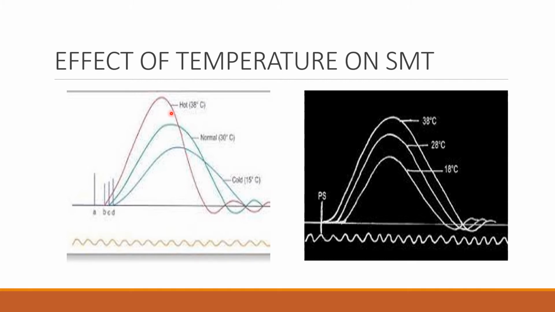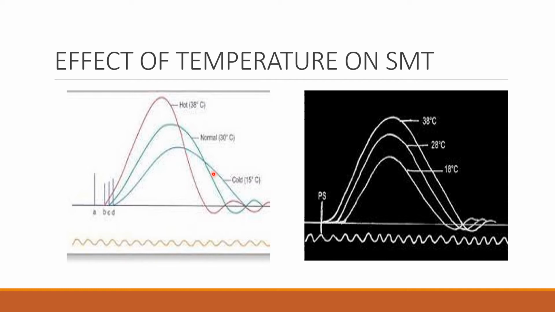So the temperature is changed. So there will be change in amplitude and duration of different periods of contraction, that is latent, contraction and relaxation period. So the temperature is increased and also decreased. So these changes in amplitude and period of contraction are mainly due to change in rate of conduction velocity in the nerve and also enzymatic chemical activities in the muscle and change in viscosity of the muscle.